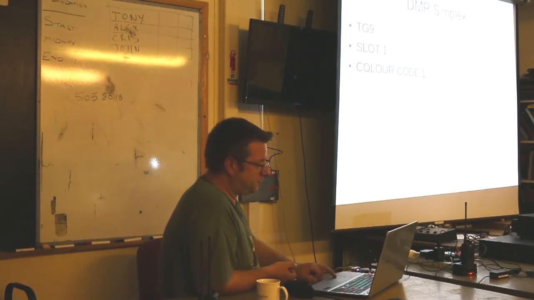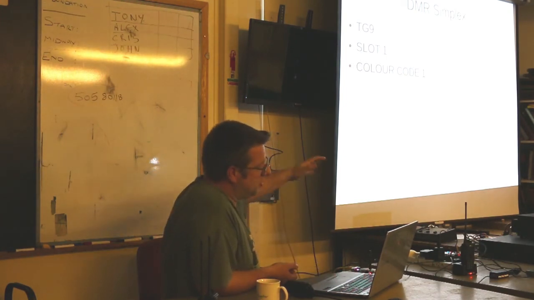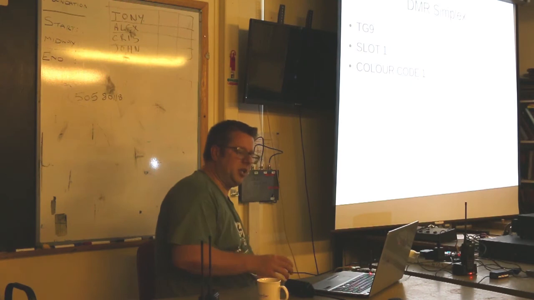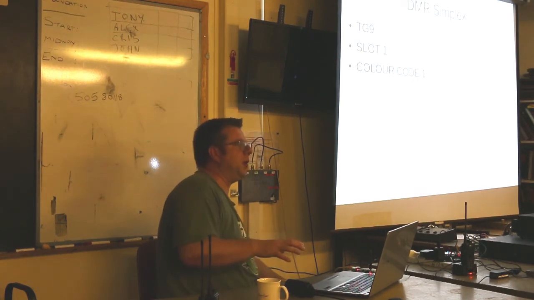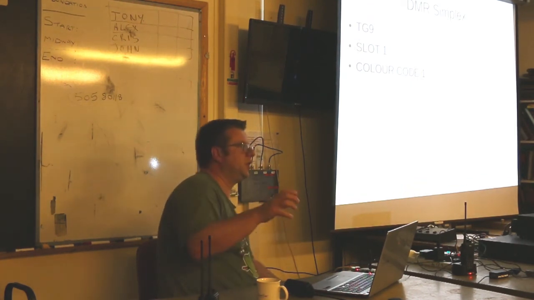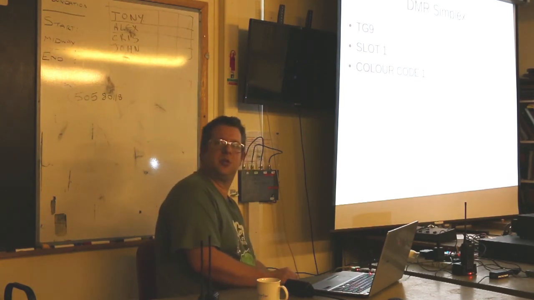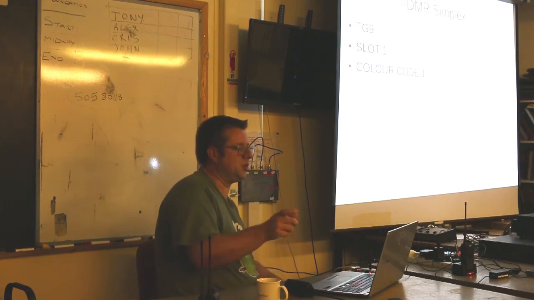Right. That probably brings us to the end of most of the technical slides. And now I'm just going to talk a little bit about how to get on the air. One thing I haven't put a slide in for is the first thing you've got to do if you want to come onto this network: register your call sign and get an ID number. Because it doesn't just use your call sign, it uses a unique ID number. 7 digits? 8 digits? I can't remember. 7 digits.